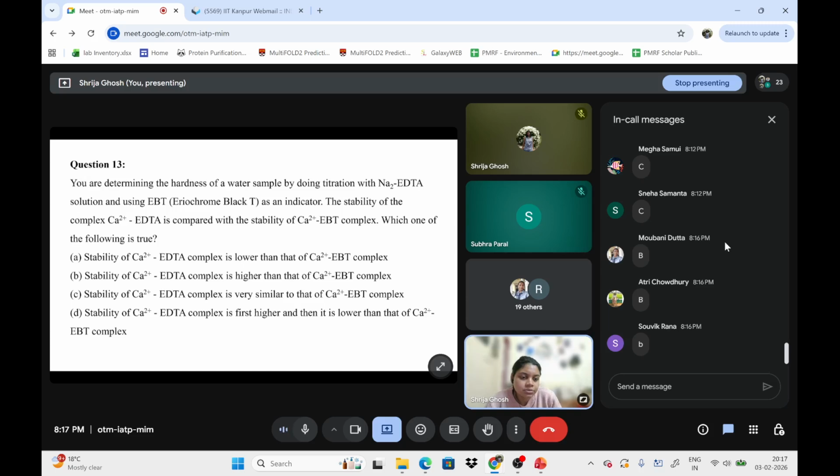I see 3 people have answered option B: the stability of the Ca2+ EDTA complex is higher than the stability of the Ca2+ EBT complex. That is actually the correct answer. So basically,